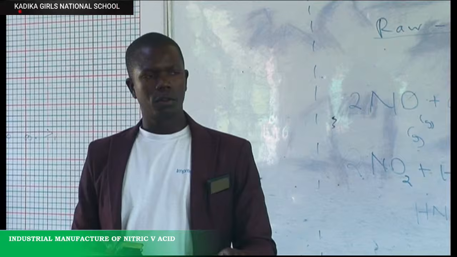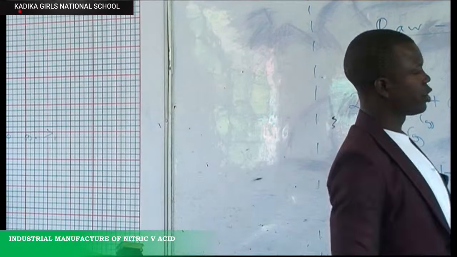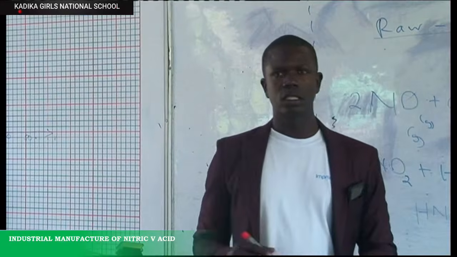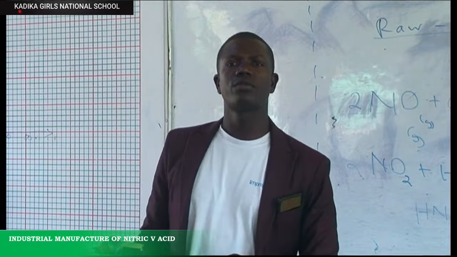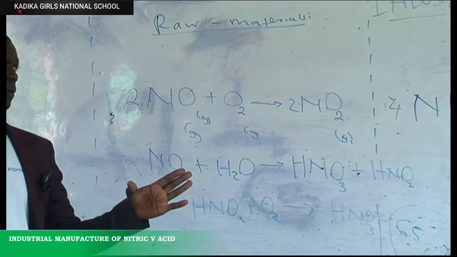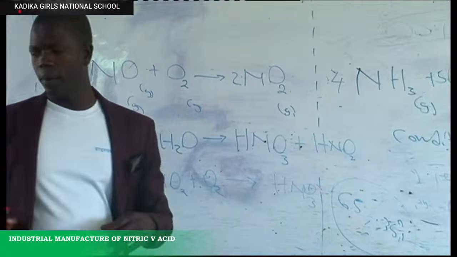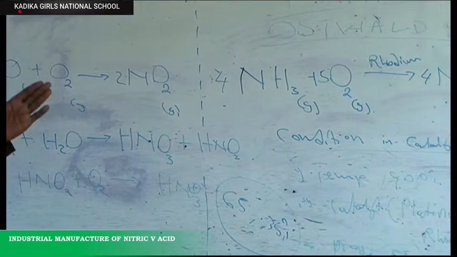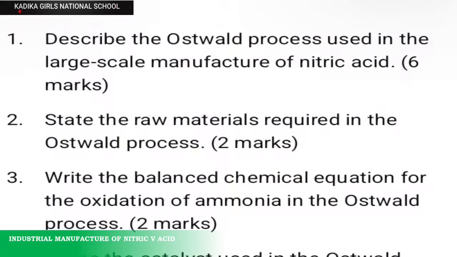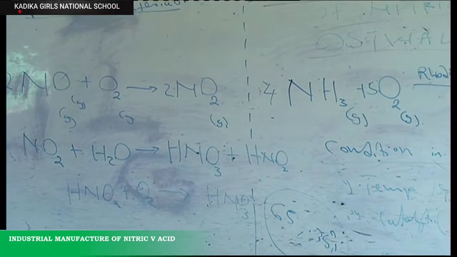Then from the heat exchanger, we know very well that nitrogen(II) oxide is going to be formed. And the nitrogen(II) oxide formed is cooled; it is passed back to the heat exchanger from the catalytic chamber where the ammonia gas has reacted to form nitrogen(II) oxide. The reason why it is being passed back to the heat exchanger, I have said here, is for cooling, because